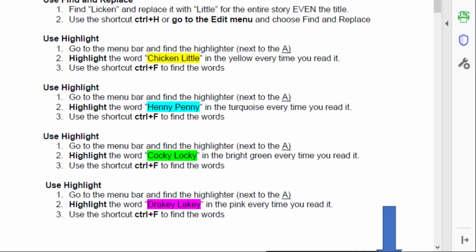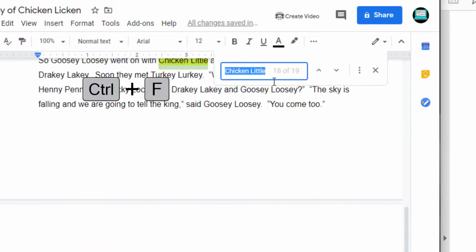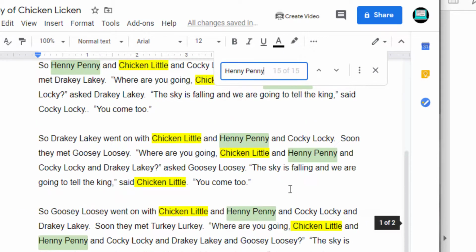Use the shortcut Control F to find the words. So we're going to do it again. And I'm going to find Henny Penny. And there is no faster way to do this. So if there was, I would let you know, but there is not. So we're going to find all the Henny Pennies